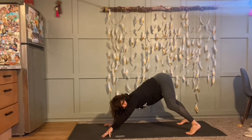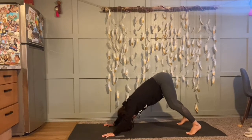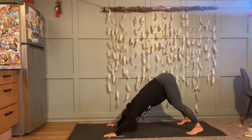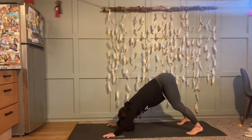So again, no rush. Downward facing dog. Breathe into it. Feel into it. And you still got about 3 to 5 more breaths in your down dog or transitioning towards your down dog. So just wherever you are at,